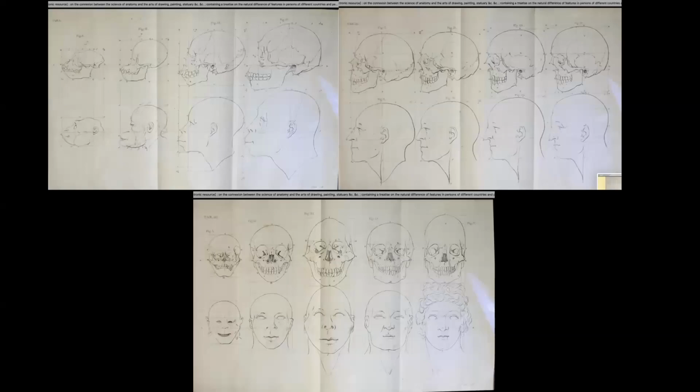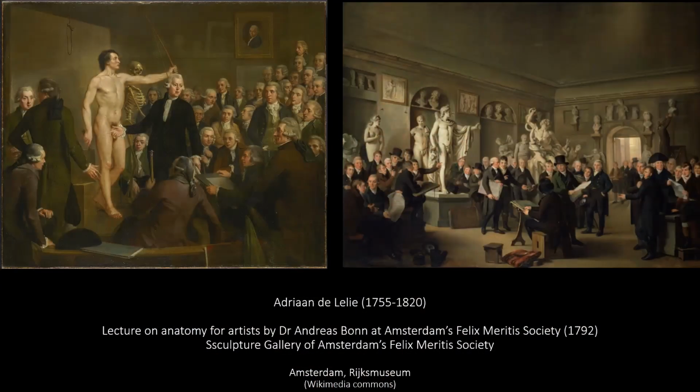In all these schemes, you see that they go from the ape or monkey to here on the bottom right, to the Apollo, right? Apollo, the sculpted artwork, is put on the same level as living beings, to a point that we realize that in art academies, the ideal and the real really merged. These are two examples from the